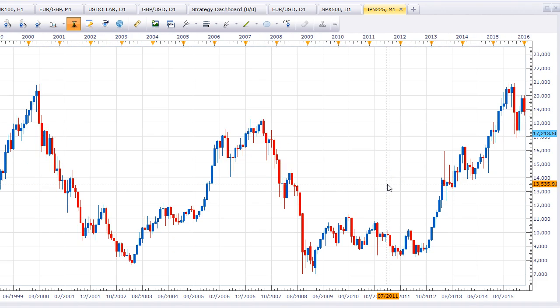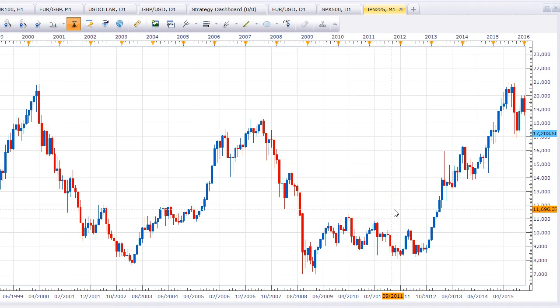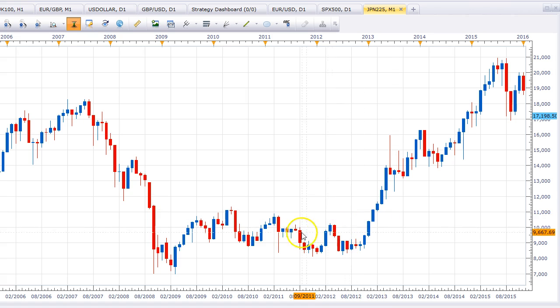So this is the monthly chart. Okay, so just to give you the wider picture, from 2011, we were at pretty much historic lows. And you can see from this baseline, 7,500 was in 2003, and in 2008, 2009 was sort of the bottom line. Okay, so we were in this context. So let's zoom in and see.